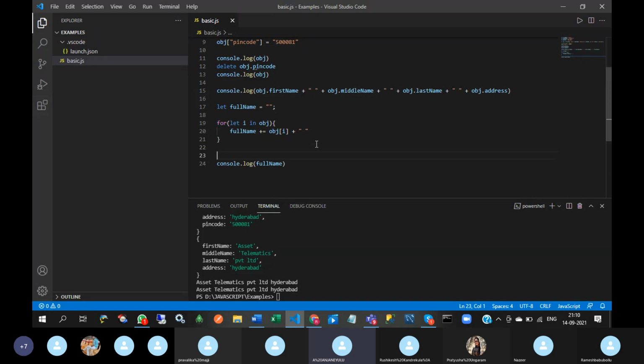And object of employee details. So to insert another object in this object: employee number 3, name.